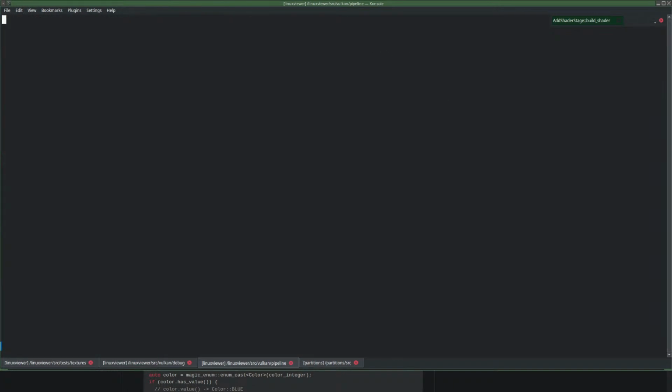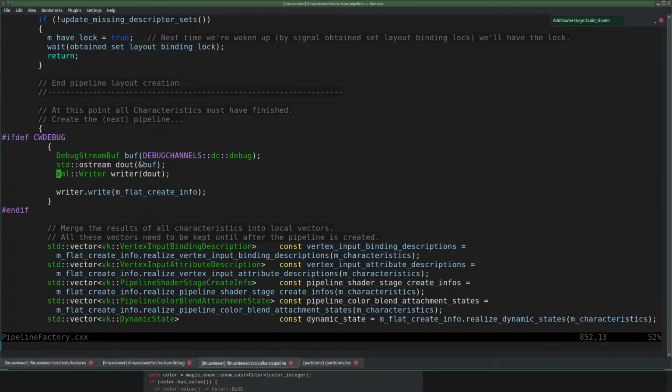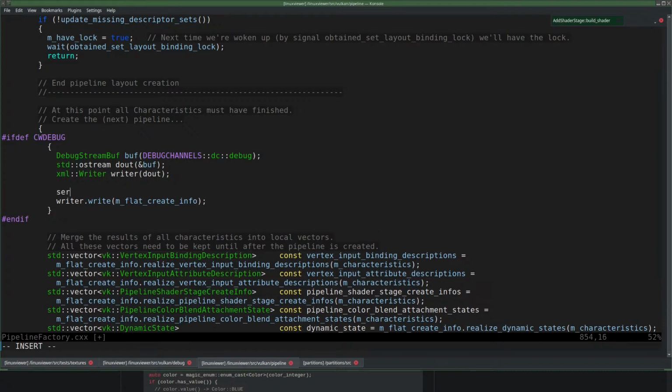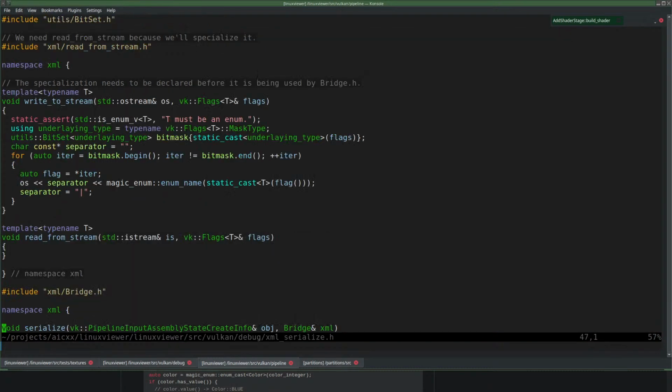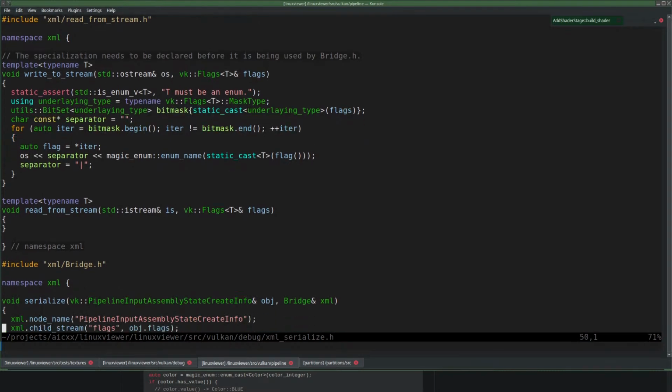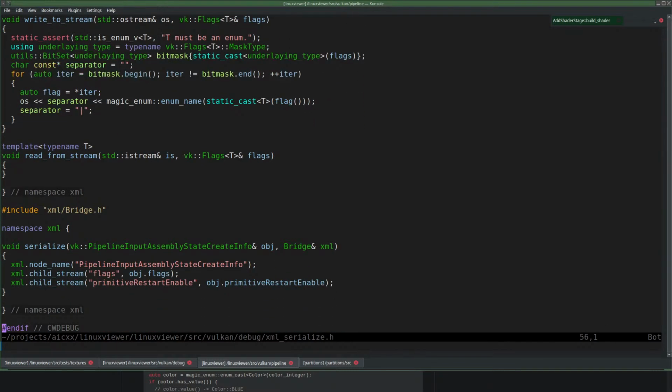Pipeline factory. So I'm printing here FlatCreateInfo, which serialize. In the end we get here, and then we print this flags.